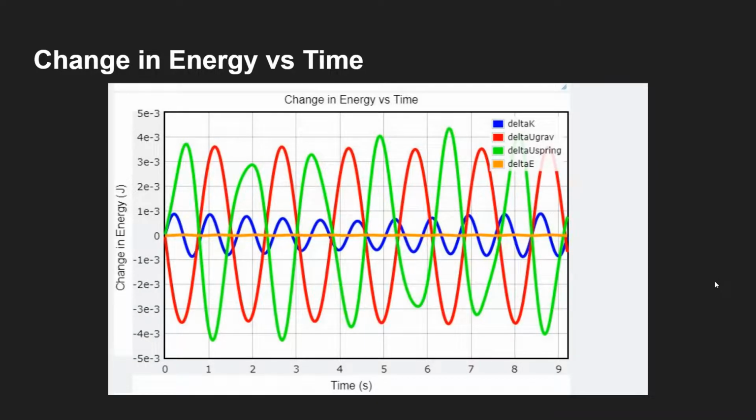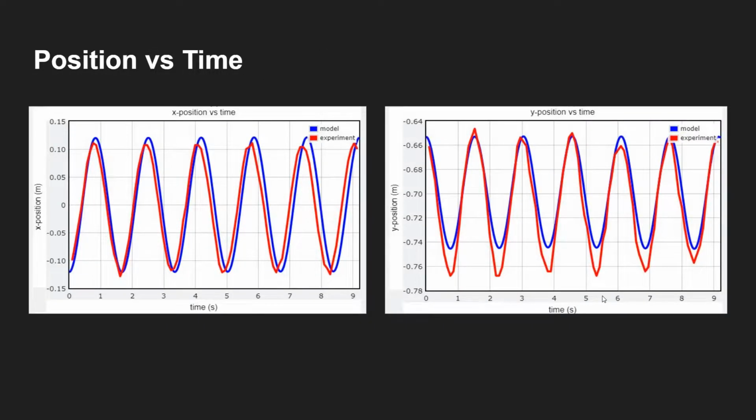This is the change in energy versus time graph, with blue being the change in kinetic energy, red being the change in gravitational potential energy, green being the change in the spring potential energy, and then orange being the total change in energy. This is position versus time data, where red is the experimental data and blue is the model data, and the left graph is the x position, the y graph is on the right. As you can see, these stay pretty close to the model data, except we do have some differences, and this is once again likely due to setting initial conditions and then clicking center of masses consistently